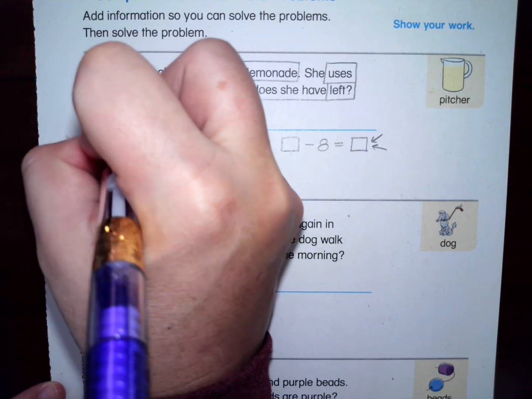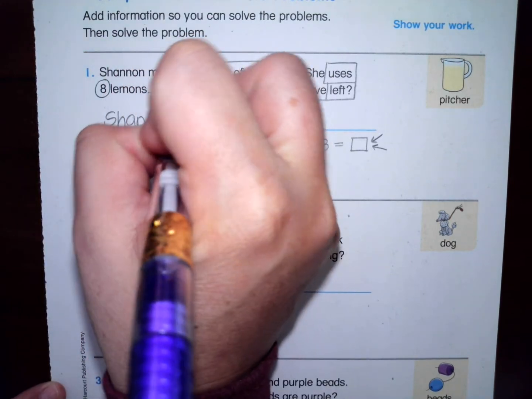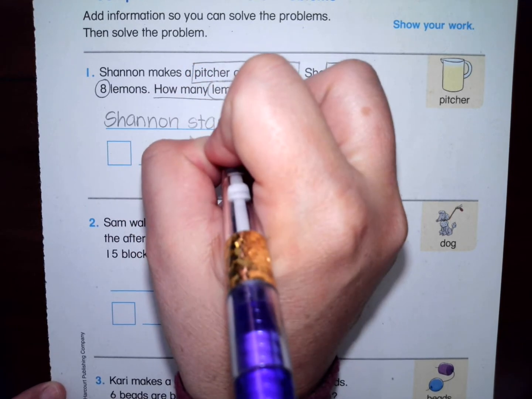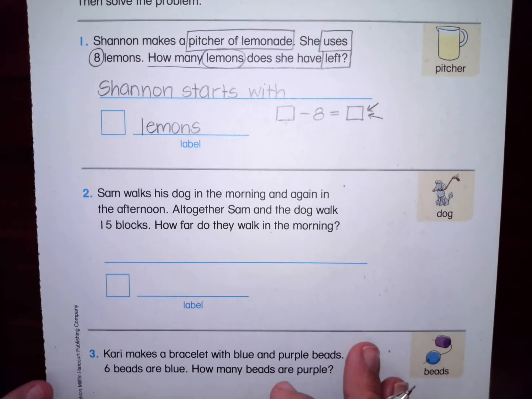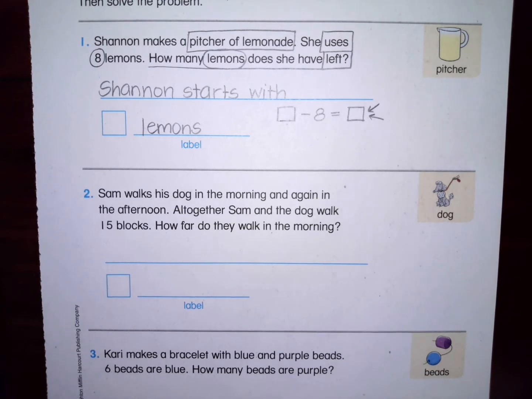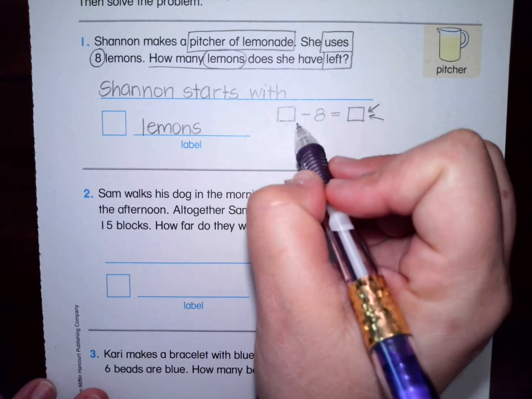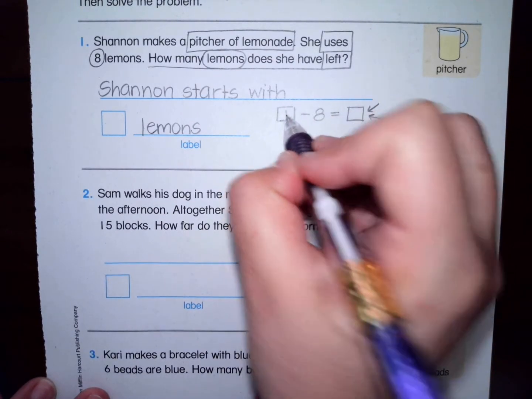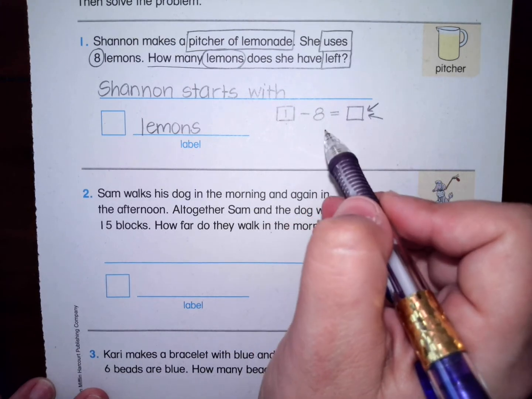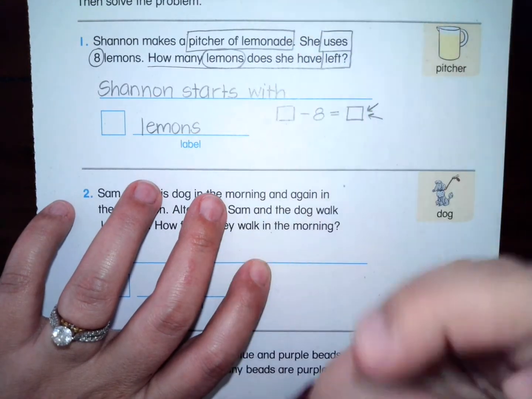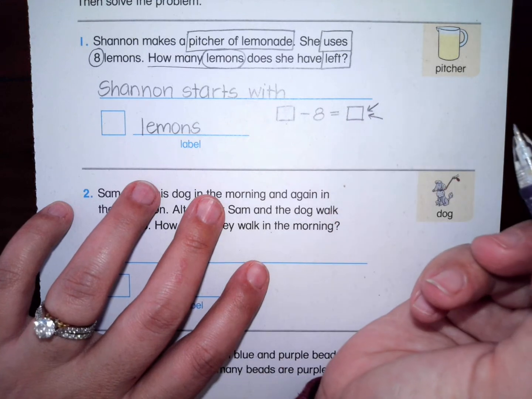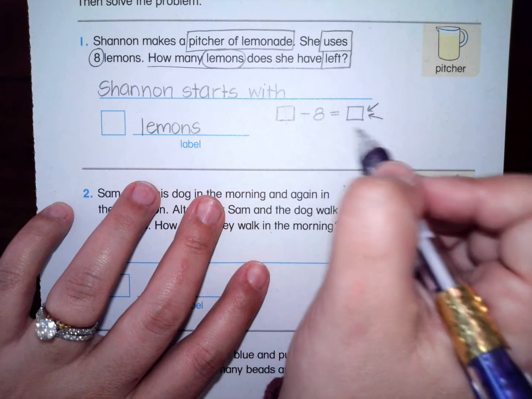So go ahead and write Shannon starts with. Now I have a question for you. Can it be any number? Can it be any number? I hope you said no, because this number, since it is a subtraction problem, if I were to put a 1 right here, can I do 1 minus 8? No, I can't. So my number has to be 8 or larger in order for my number sentence to be